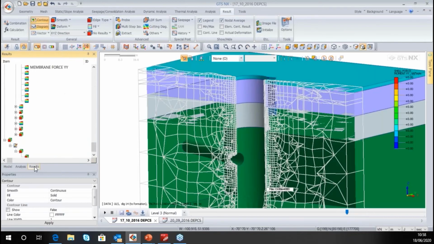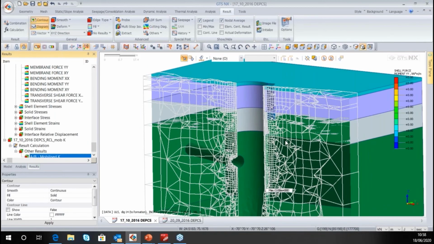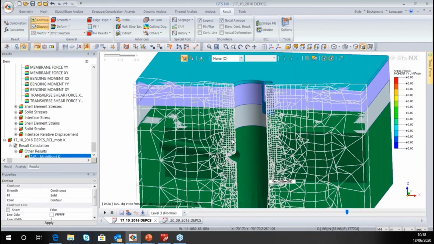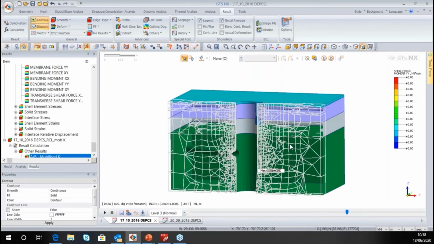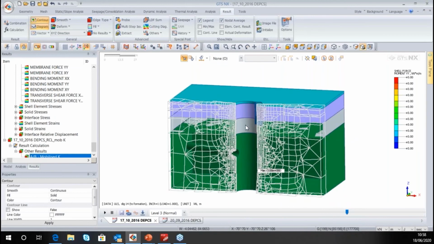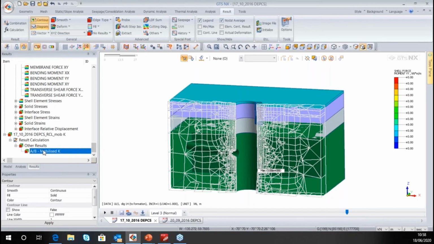So there's my active soil, and the clipping plane is still activated. Double click on my result that I've just created,